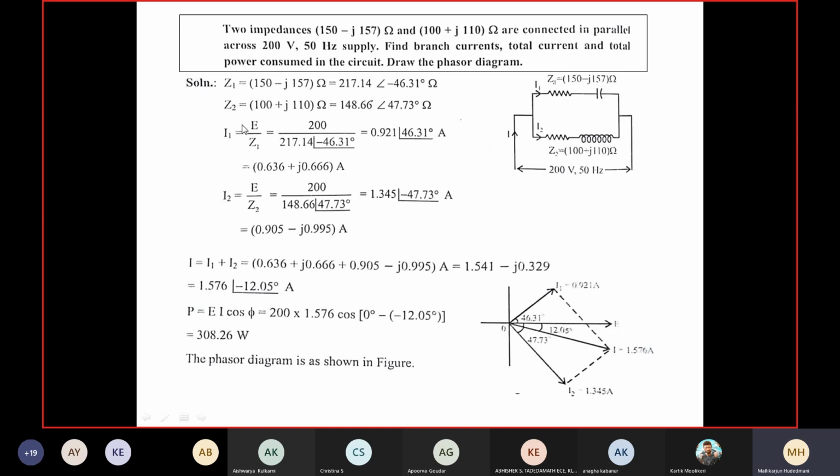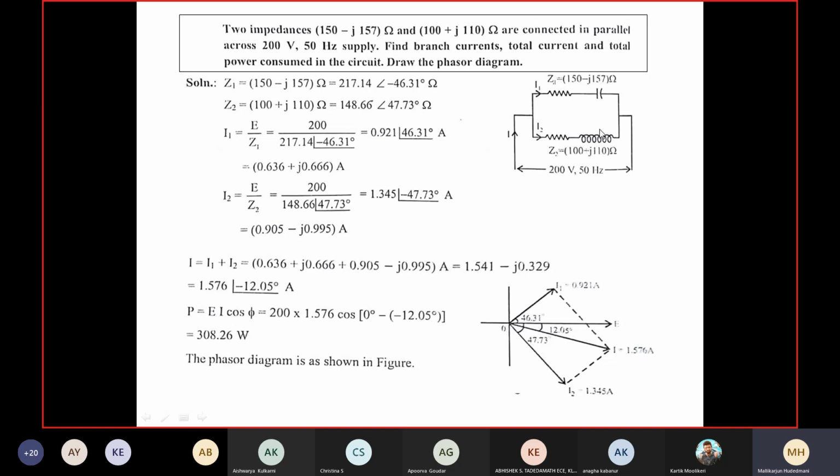Now I'll come to know what is the voltage of the particular voltage vector. 200 angle 0, nothing is given. Cos of 0 minus the angle associated with the current, 12.05. 0 minus 12.05, naturally there is a minus cos or a plus cos. Cosine term will make it positive. So it is angle of the main current. If I take into account cos by mode, that will turn in as a power factor. So that will do 308.26 watt.